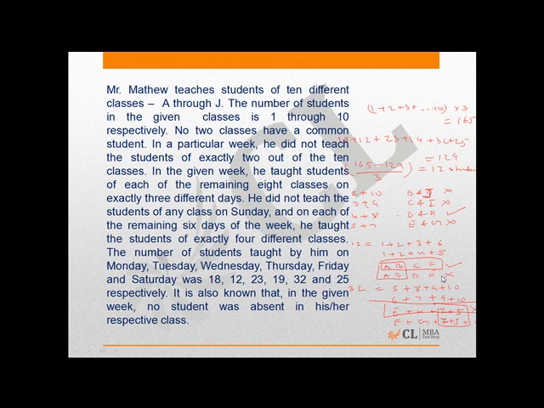So we have got classes for the 2 days. Which 2 classes is he teaching? Now let's prepare a table where we will write the classes A, B, C, E. I am not writing D, as he is not teaching D. A, B, C, E, F, G, and I and J, H is not teaching. And what are the days? Monday, Tuesday, Wednesday, Thursday, Friday and Saturday. Fine. My table is prepared.